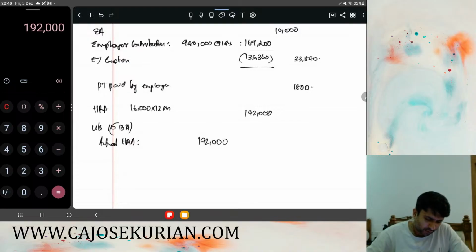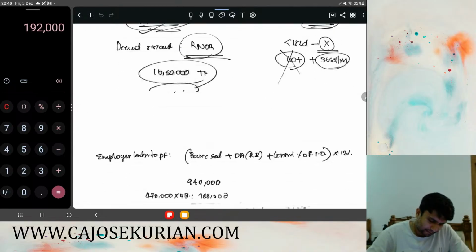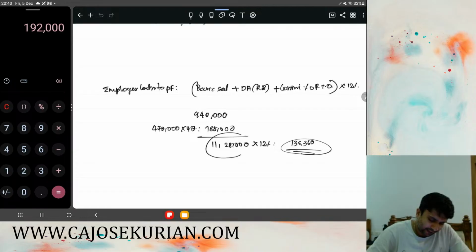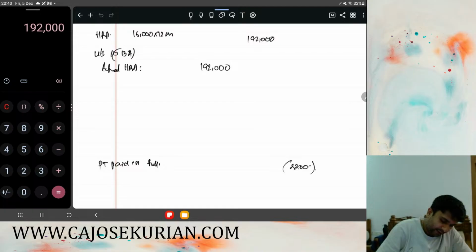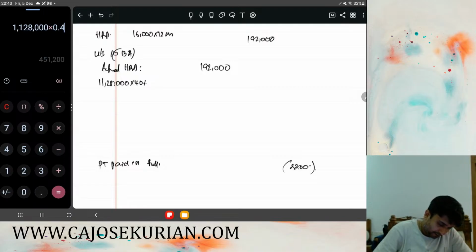There is no commission in this question, so you need to take the basic salary plus DA forming part of the retirement benefit. That is 11,28,000. We have already computed that, right? So that 11,28,000 into 40 percent will be 451,200,